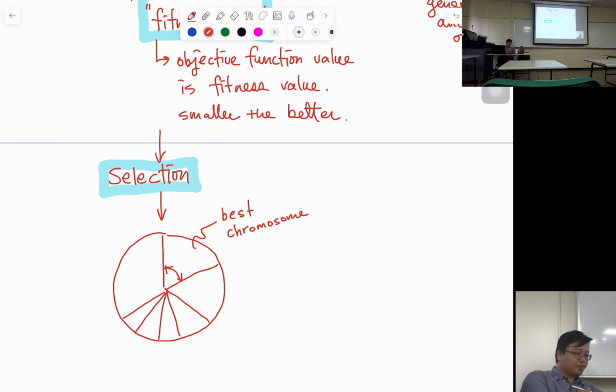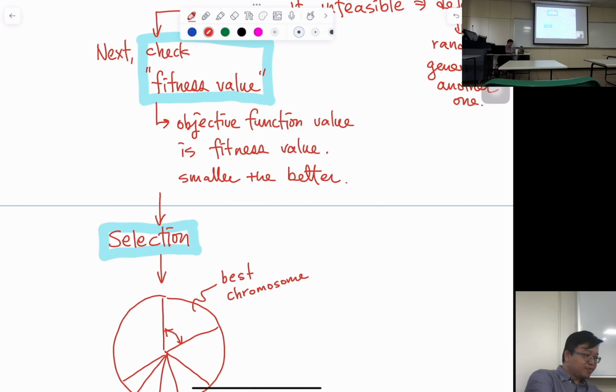So one of the ways is to compare the fitness values of all the chromosomes. So maybe because this one has the smallest, so I can